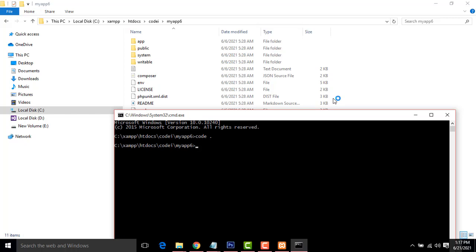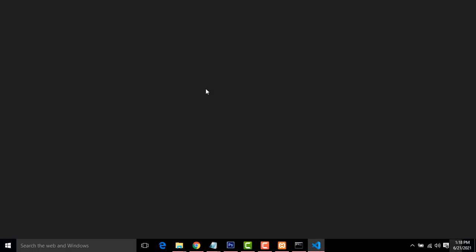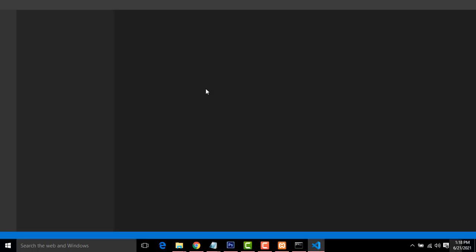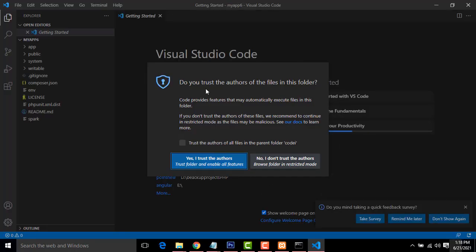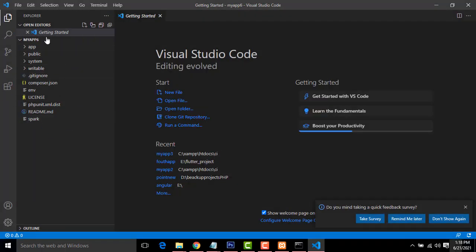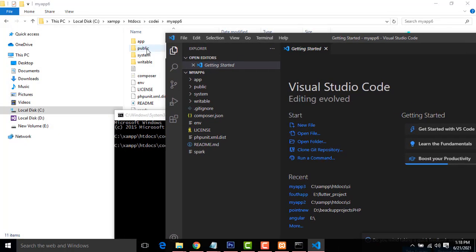Okay, it takes some time to open. Here it is opening. Okay, here it's open. In VS Code it is a very simple process to open your coordinator files. Okay, this is the process you have to understand. Remember, okay, how to open the coordinator project. This is the process you have to do. Right, code space dot. Okay, here all the files will be here. So all the relevant files will be there. Here you can see app, public, system, all the files should be there, right?